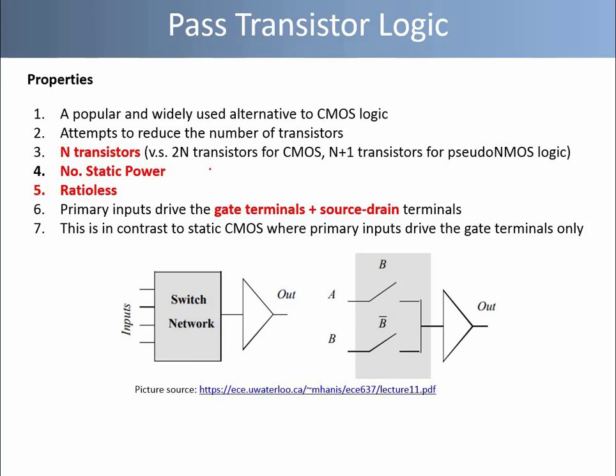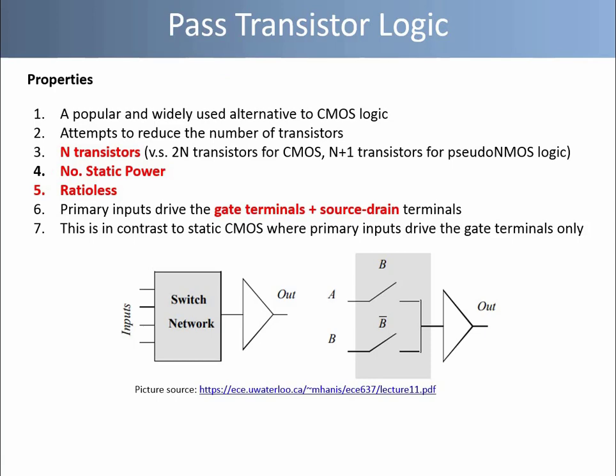As we have already discussed, a given complementary CMOS implementation of an n variable Boolean function requires 2n transistors, whereas the pseudo NMOS logic requires n plus 1 transistors. In contrast to these two logic styles, the pass transistor logic requires only n transistors to implement an n variable